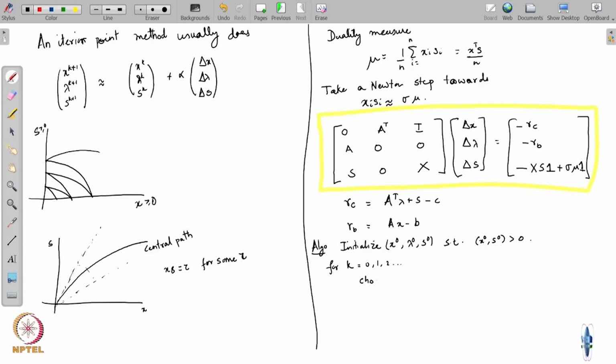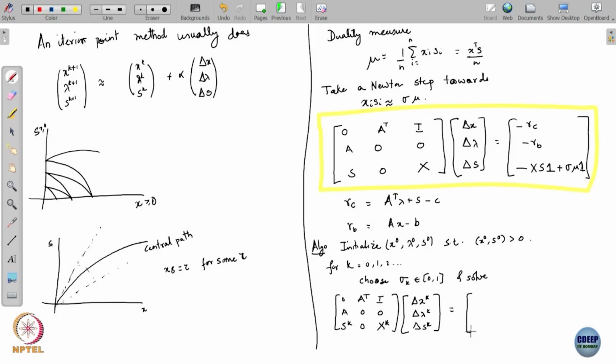Choose a sigma k in 0 to 1 and solve the system with matrices 0, A transpose, I; A, 0, 0; S k, 0, X k. Then you get a delta x k, delta lambda k, delta s k